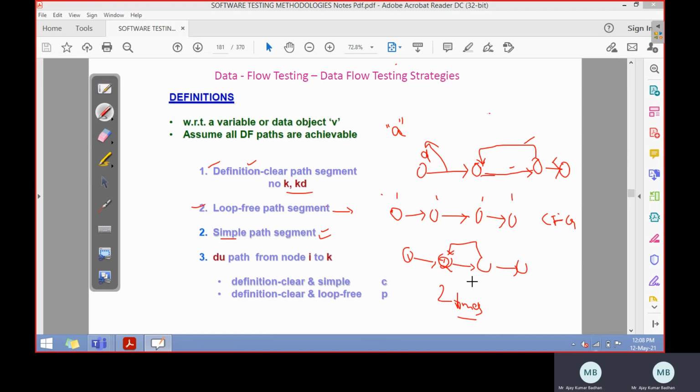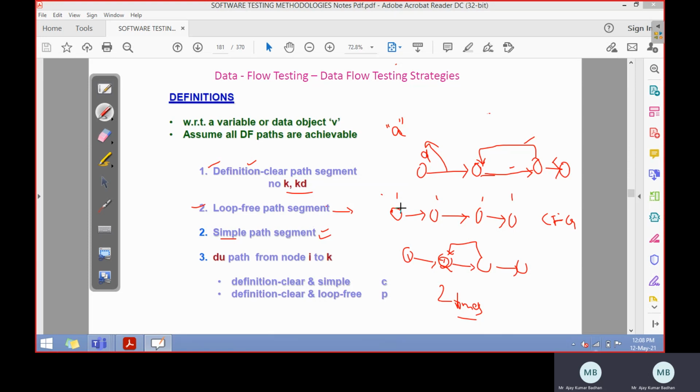It is also loop free, but it depends on conditions. If you are using some conditions and you're using goto and all, then you will come across these kinds of things. So a simple path segment is a path segment in which one node is visited twice. Any one of the nodes is visited twice. But a loop free path segment is a segment where every node is visited at most once.